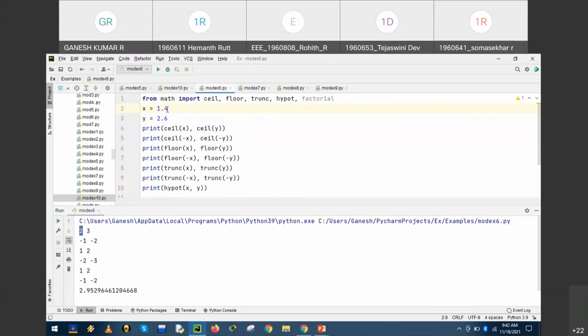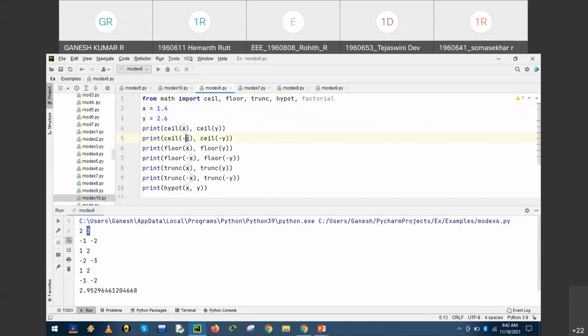The next immediate greater closest integer value is 2, hence we have got 2. Similarly, 2.6, 2.7, 2.8, 2.9 and 3. So the next greater integer value is 3.